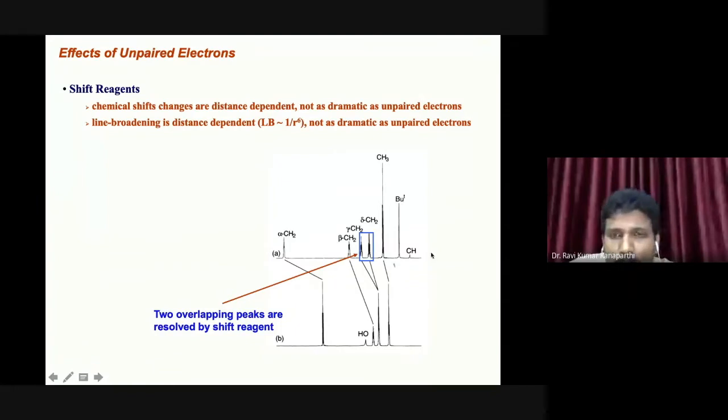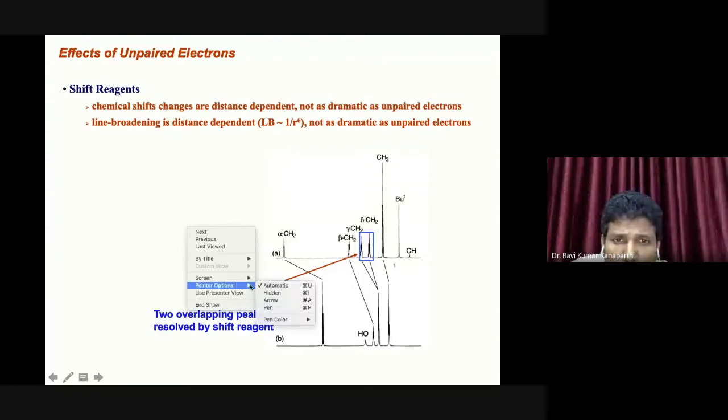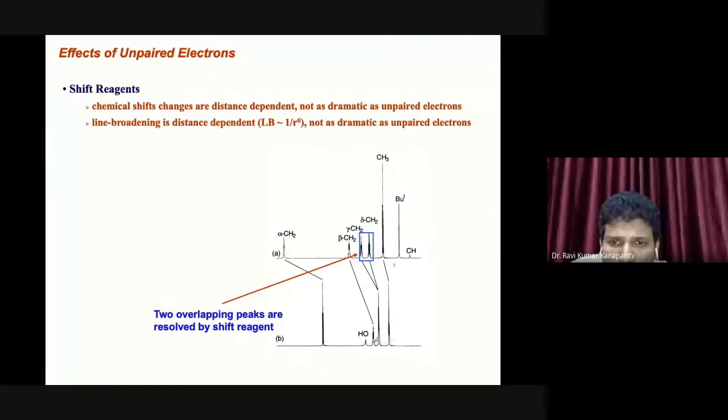Fine. So you can see here that there are alpha, beta, gamma, different protons resonating. In this one, in the lower spectrum, you can see 1, 2, 3, 4, 5. How many are there? 5. But how many protons do you have? In hexanol you have more, right? There are 6 carbon atoms.